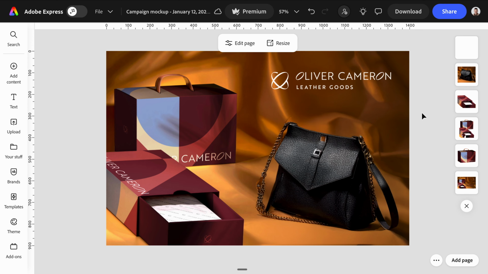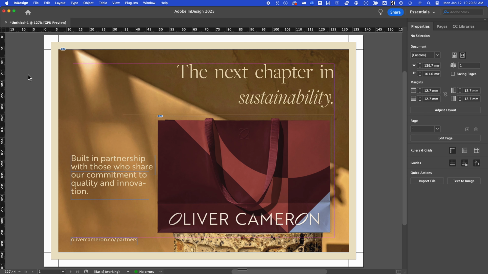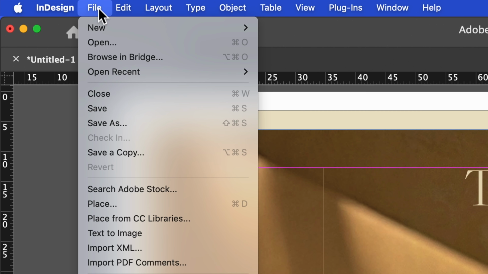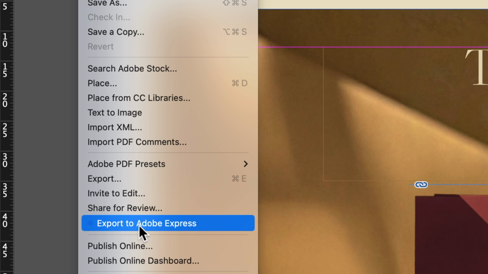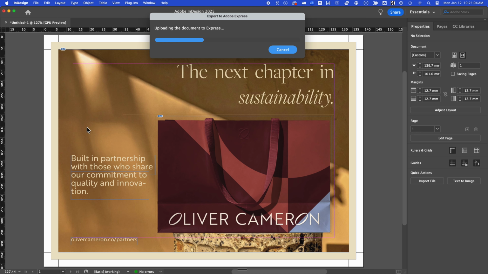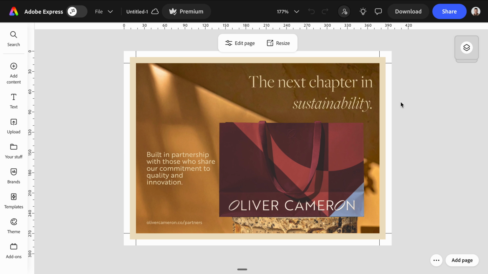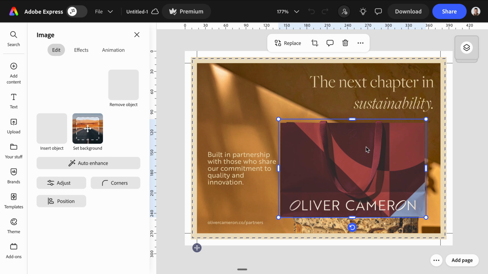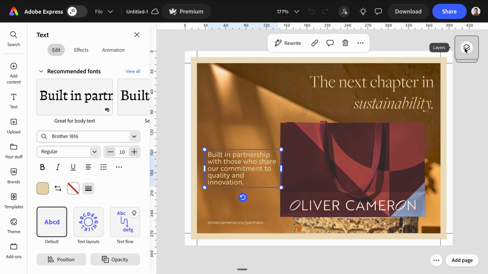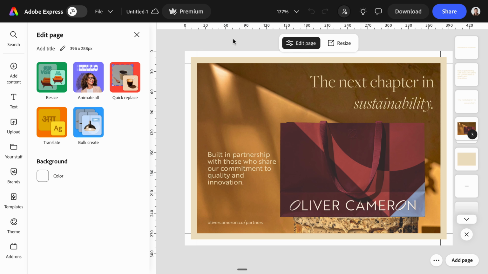from zero. If your creative team works in Adobe InDesign, you can turn those designs into editable Express templates in just one click. Open your InDesign file and go to File, Export to Adobe Express. Express will convert the document into a fully editable design, preserving structure, text, and layers, so your broader team can customize it without needing InDesign. From there, you can lock key elements, apply your brand kit, and share the template with your organization for consistent